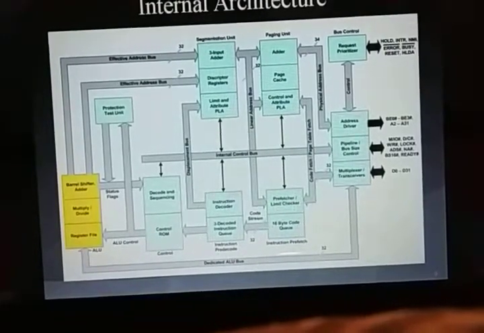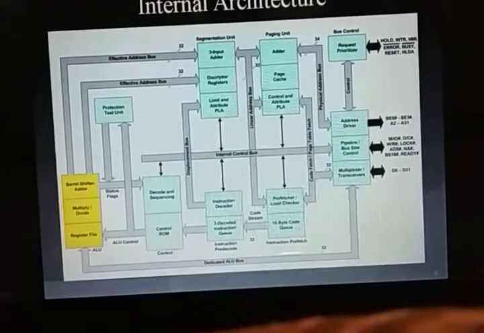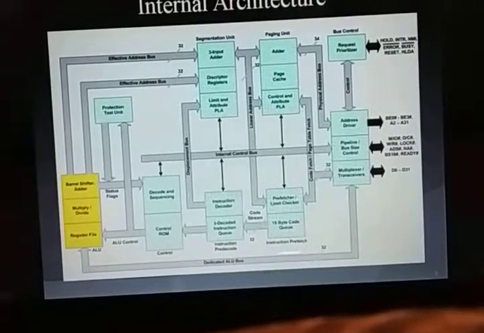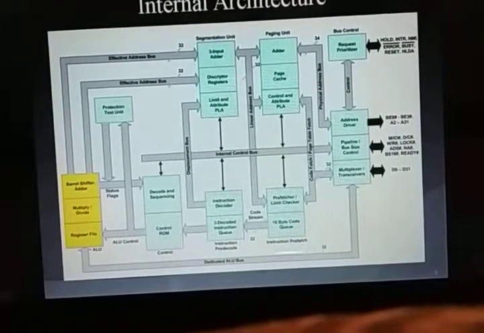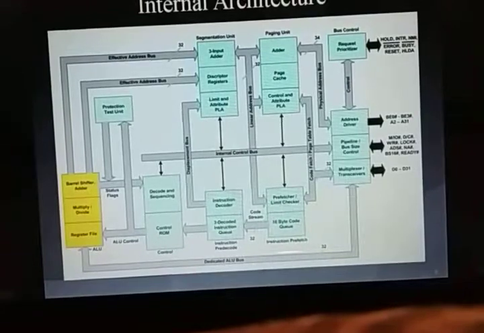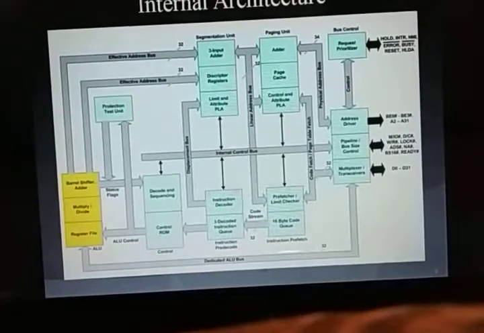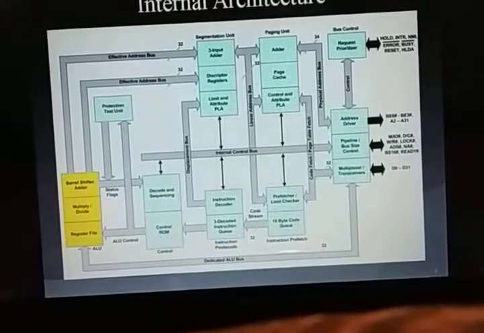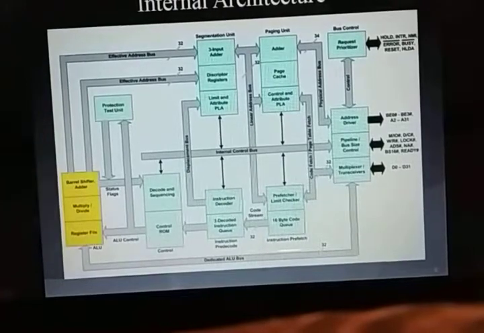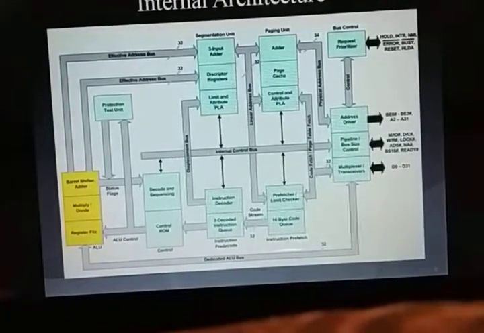In the memory management unit, we first discuss the segmentation unit. What is the working of the segmentation unit? Basically, it converts your logical address into a linear address, provides segment level protection, and checks the limit and attribute PLA field. So this is the working of the segmentation unit.